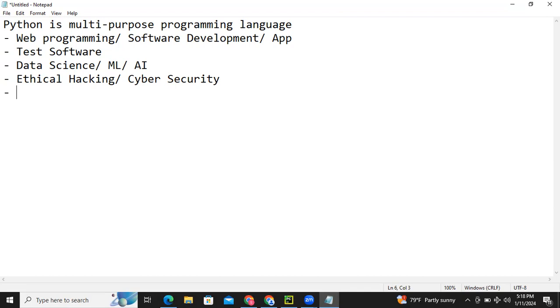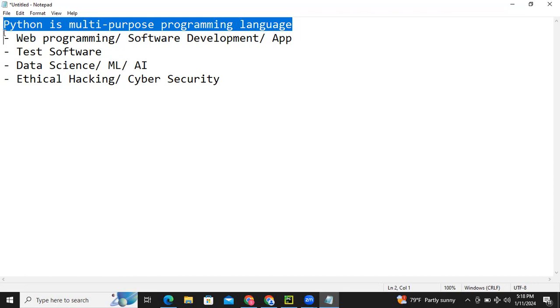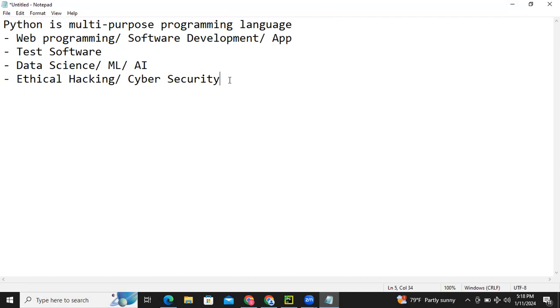So if you can master Python, you can learn any other programming language very easily. And Python is an English-like language. The syntax you can read and understand what it is talking about.